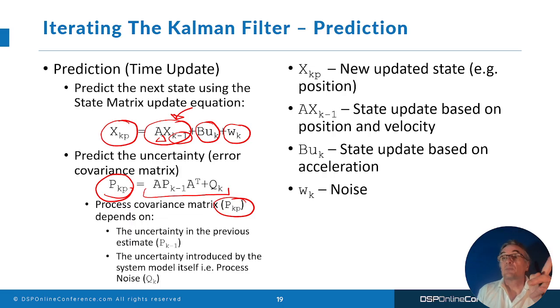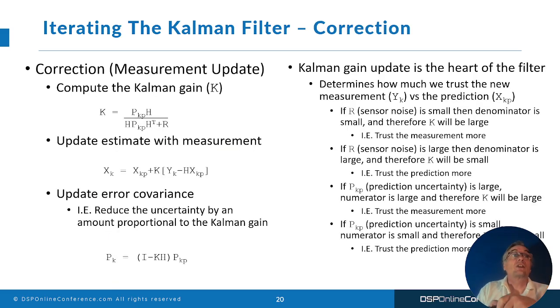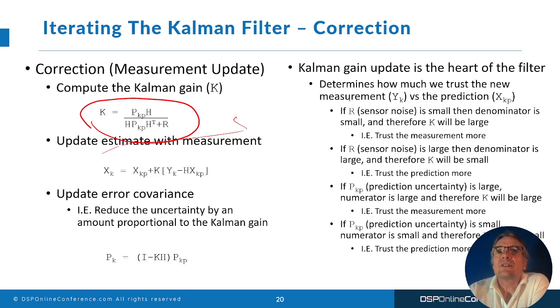Okay, so that's the prediction stage. The correction or the measurement update stage is shown here. And the key equation is this one here. This is the equation that computes the Kalman gain. So, summarized on the right here, we have this value R, which is the sensor noise in the flow